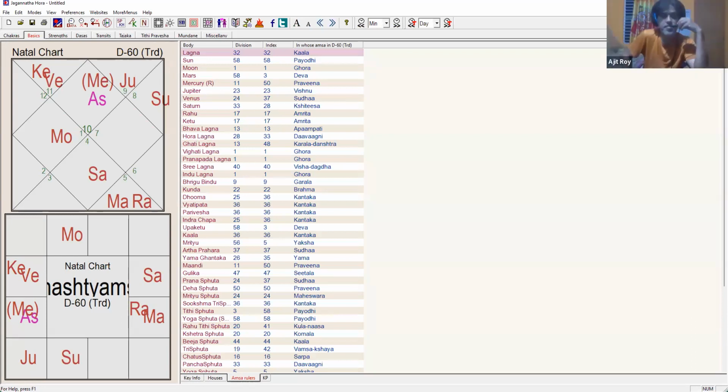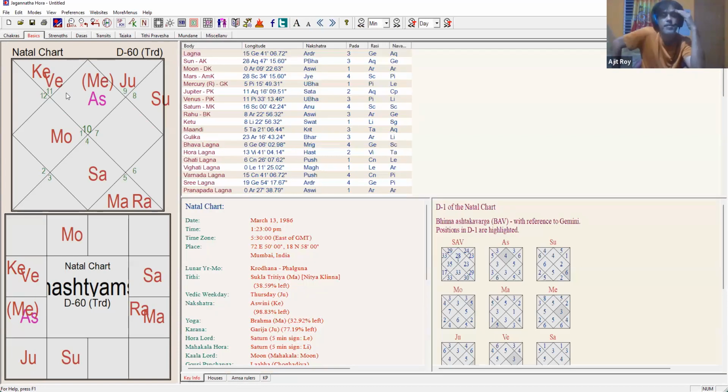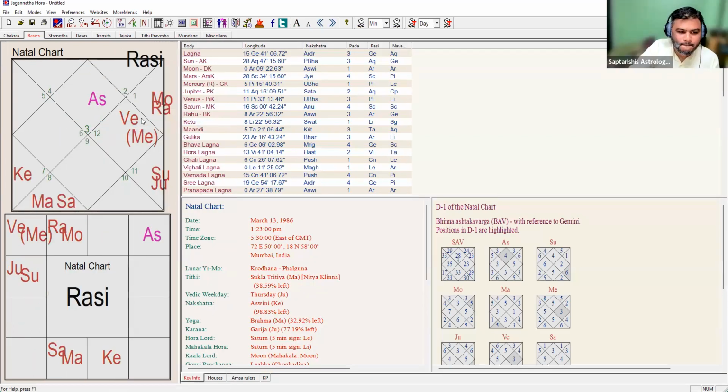I have a question, sir. Yes. In D60, the Amsha ruler of a planet will change within a minute or a few seconds, I think. Yes. That means the birth time first should be correct. Before analyzing the birth chart, you should be sure about the birth time. That is correct. Then we use the Amsha ruler. This is obvious, no?